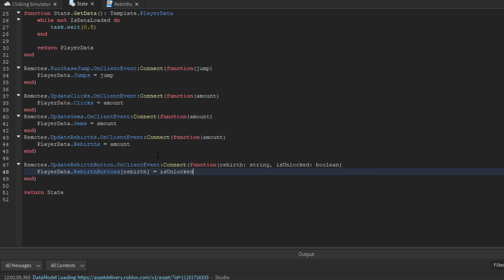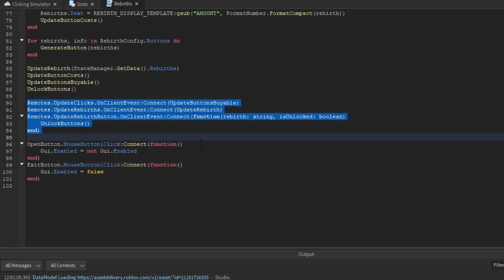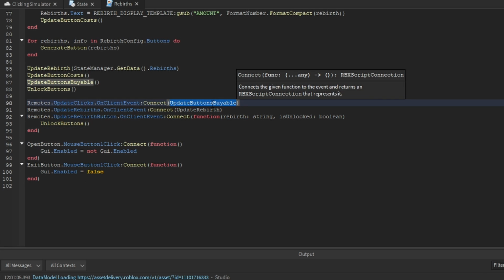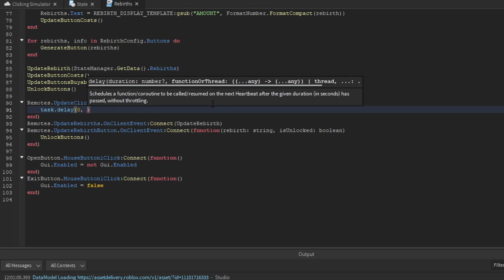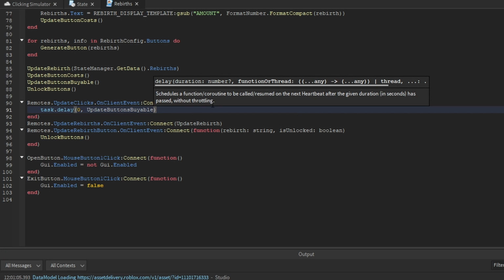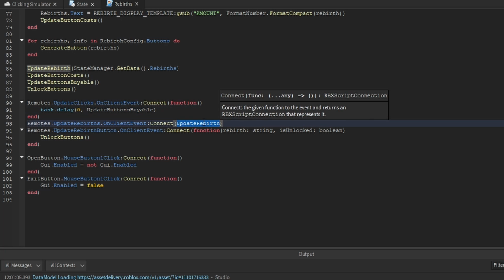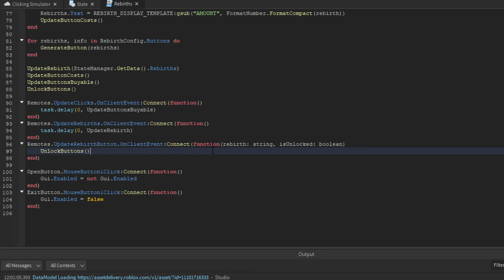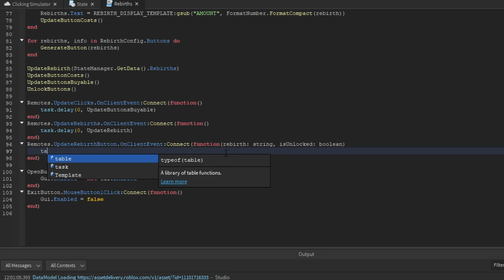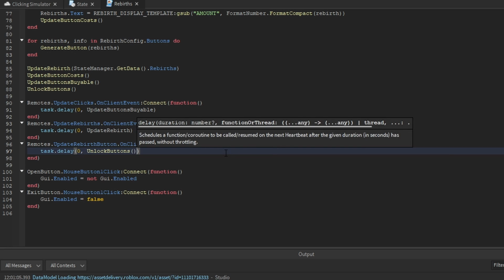So of course, now that we added that event to the state manager, we're making sure that we keep our data in sync. What we want to do is go back to the rebirth script, and for each of these times that these remote events are fired, we're going to create a function inside of here, which does not need to accept any arguments, and we're going to say task.delay 0, comma, and now the function that we were originally calling, which is update buns buyable. Now we're going to continue to do that for each of these remote events, so task.delay 0 and pass through update rebirth, and then we also need to do that for unlock buns as well, so task.delay 0 unlock buns,